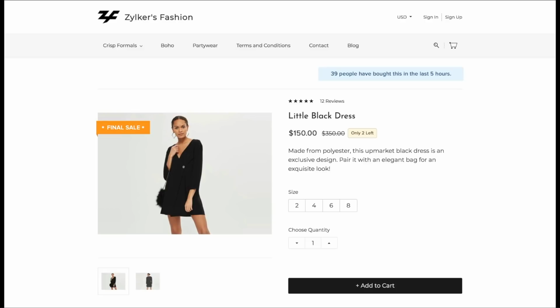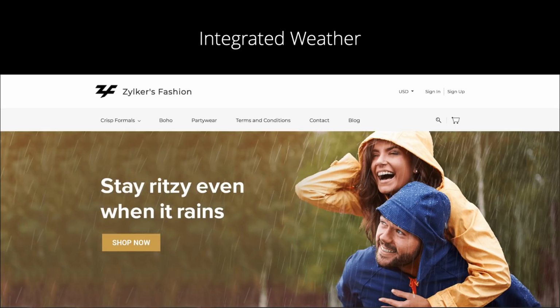All of that is available as part of the personalization capability in our commerce platform. In fact, we have also integrated weather data into the personalization. If it's raining in the location from which the customer is visiting your website or your e-commerce store, you can highlight a certain piece of items right on the home page.